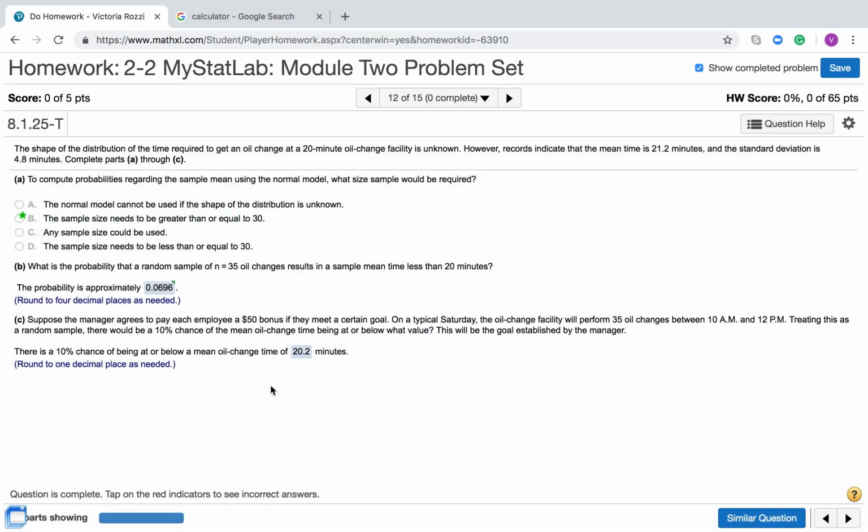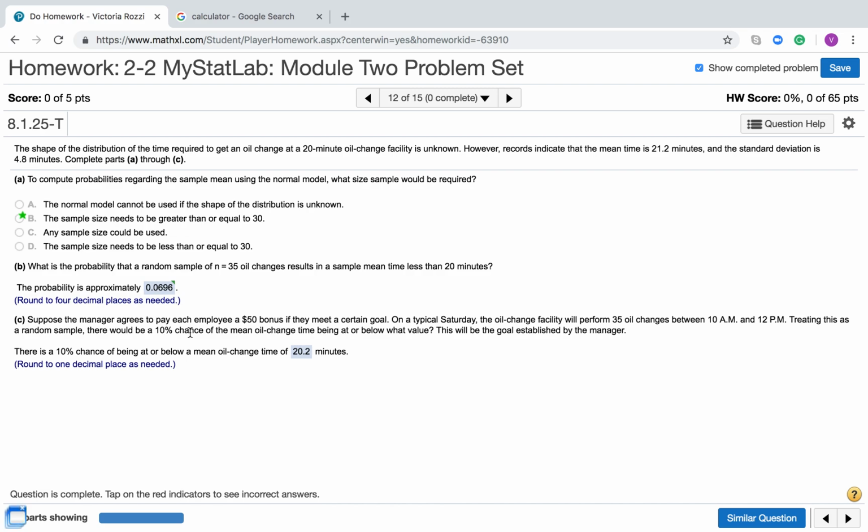Okay, let's take a look at letter C. Suppose the manager agrees to pay each employee a $50 bonus if they meet a certain goal. On a typical Saturday, the oil change facility will perform 35 oil changes between 10 a.m. and 12 p.m. Treating this as a random sample, there would be a 10% chance of the mean oil change time being at or below what value. So we're looking at what x value, what time, is going to give us a 10% chance of getting below that time, because the manager doesn't want to have to pay out everybody this bonus. So they want there to only be a 10% chance